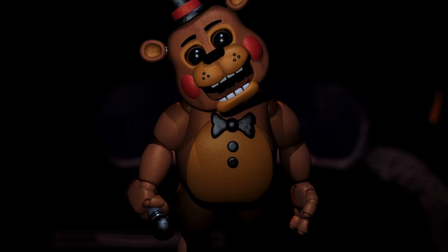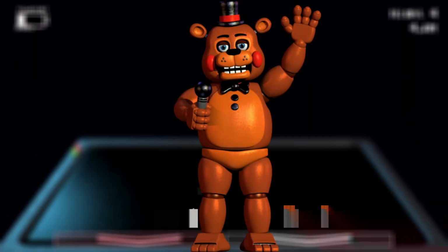Now, FNAF 2 really spices things up a little, as we have two mainline Freddys. But for now, let's start with the less loved one, Toy Freddy. Now, believe it or not, I'm one of the few people that actually really like Toy Freddy's design. His chubby little fingers and fat belly make him look very adorable and friendly, and the fact that he's made